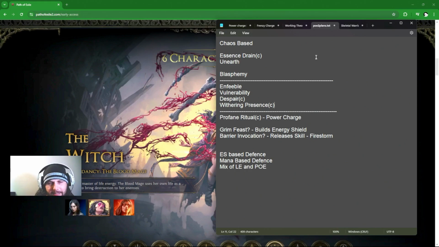Now, chaos based. This obviously means chaos based. There are nodes on the tree which increase the skill gem level of chaos gems, which obviously would help potentially. POE 1 and POE 2, the power